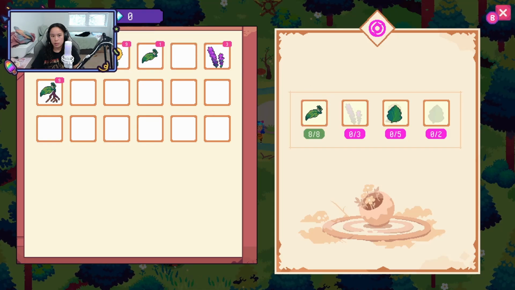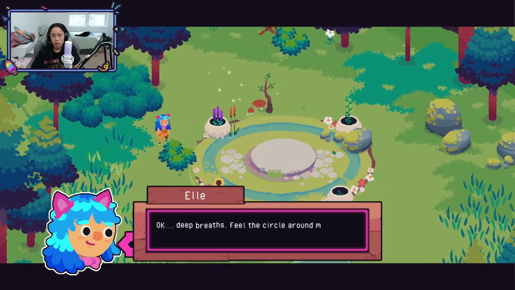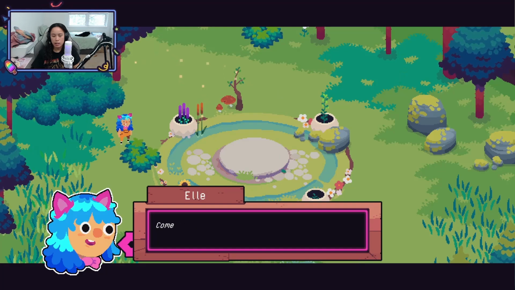Okay, we gotta move all the ingredients over. And we're gonna perform the ritual. Yeah. Okay, deep breaths. Feel the circle around me. Speak the words that come to me and...